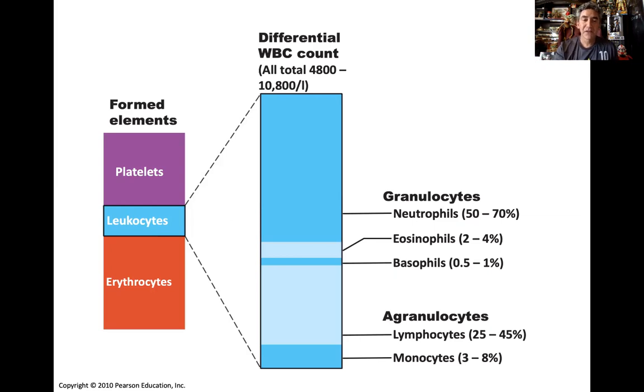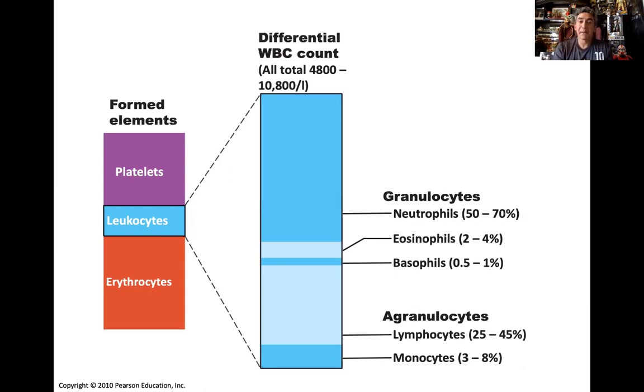Well, some of these white blood cells, some of these leukocytes, will contain these specific organelles, these lysosomes or granules in their cell. We call those granulocytes. Cells with granules, cells with lysosomes. The agranulocytes will not have, right? A without. So without granules. These are cells that have no granules. So again, I'm going to get in more detail here, but